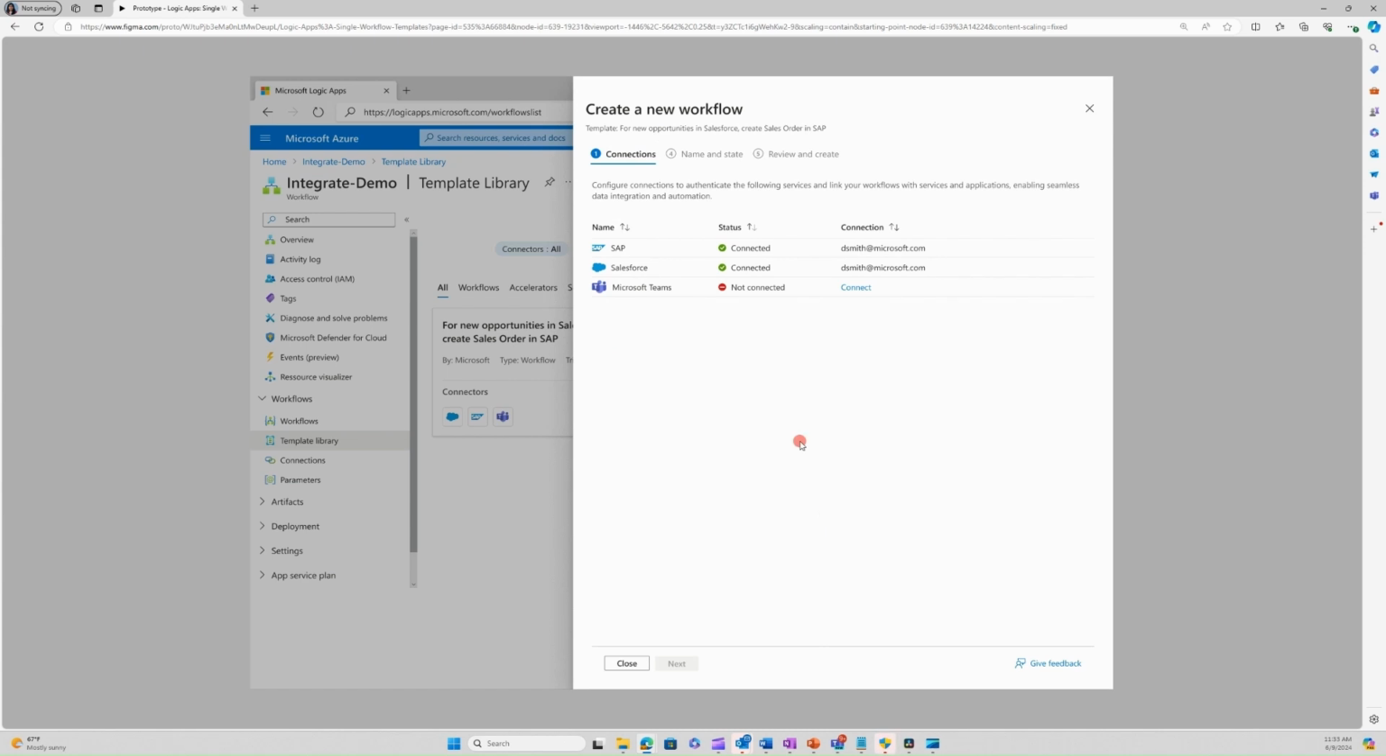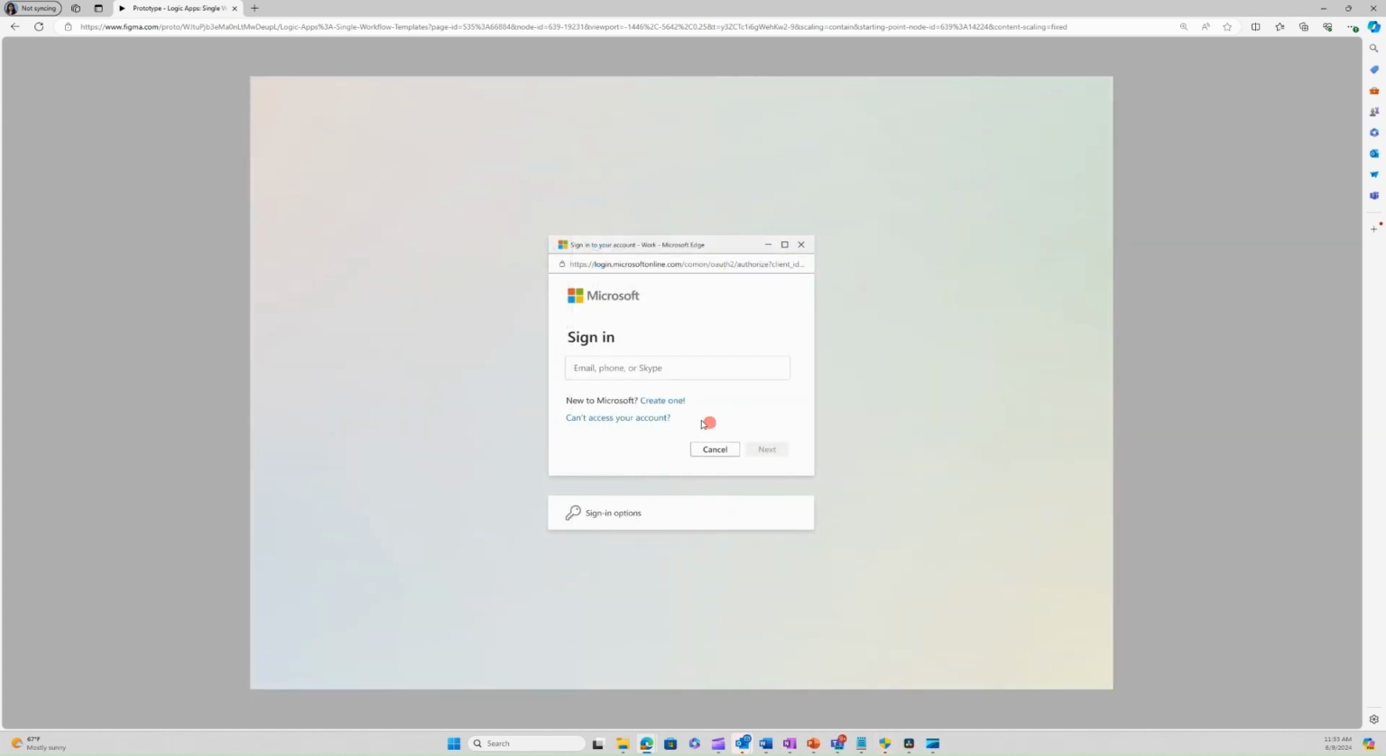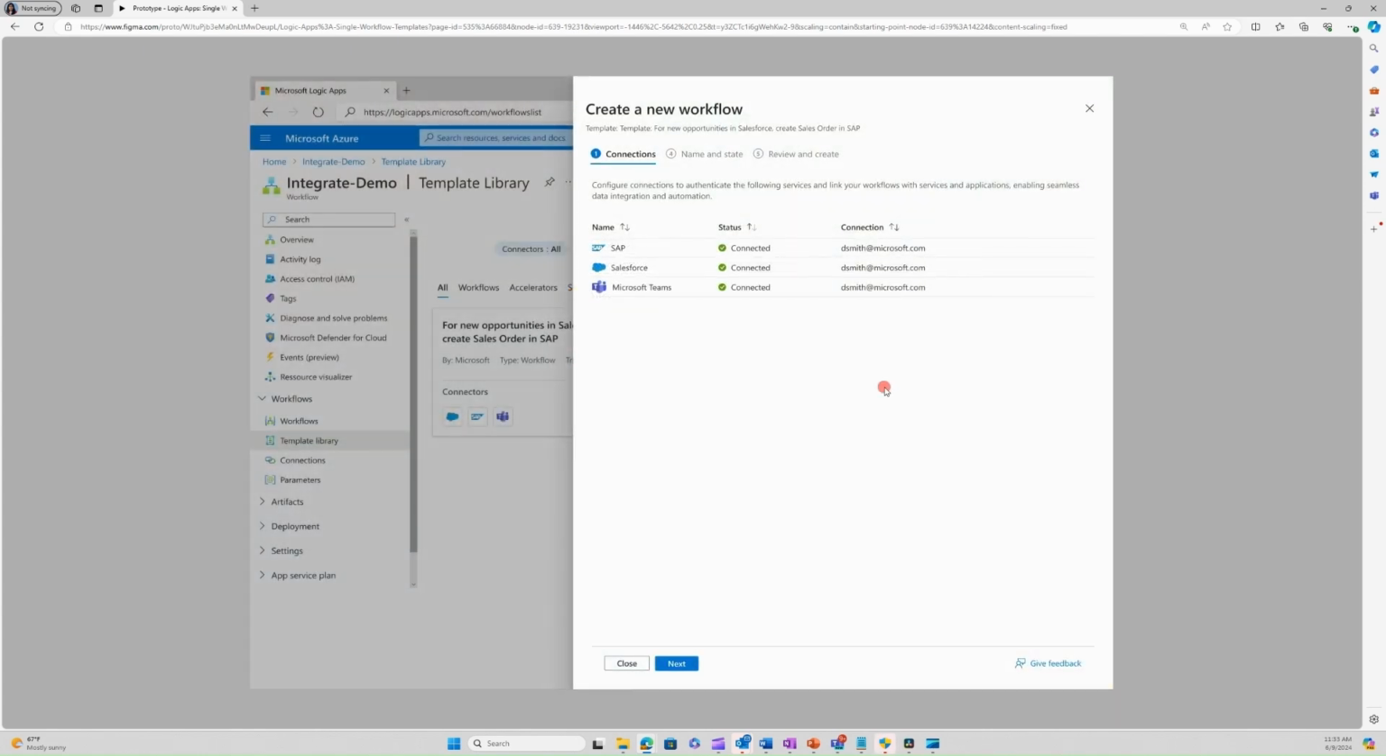This opens a wizard which takes you through all the steps that are required to configure the template before it's actually created. The first step is to configure the connections. Here you can see the connections that are already configured, and the ones which are not configured, you can go through the steps to create the connection to that service. Since this is a Teams connector, it takes us to the OAuth flow for that connector. Now we have all the connections configured